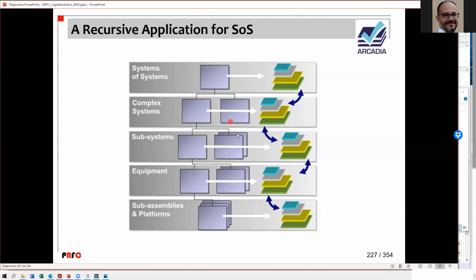So the idea is that if you have, for instance, a complex system that is decomposed into subsystems, it's our case. We have an acquisition subsystem, we have a ground subsystem. Okay, they are not very complex, but imagine they are complex. Maybe I could say that the acquisition subsystem is something that I'm not an expert in.